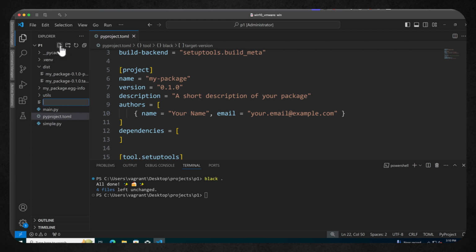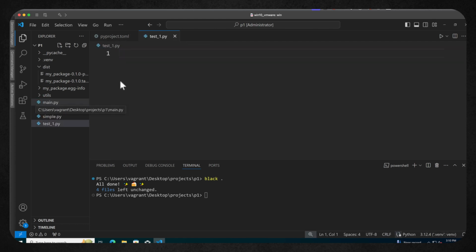When I go through now and create a new Python file, we can just call it test_1.py. And we can put some settings that may need tidying. So we can start off with, let's say, list1 equals, and then have, say, 1, 2, 3, 4, and a comma.